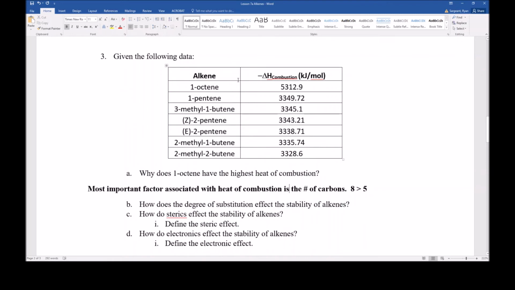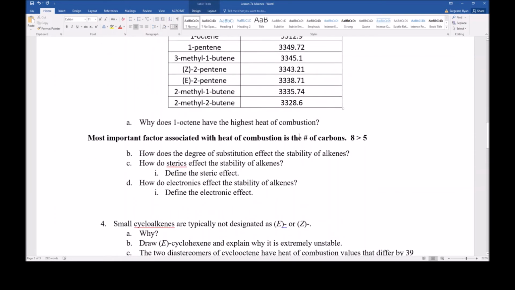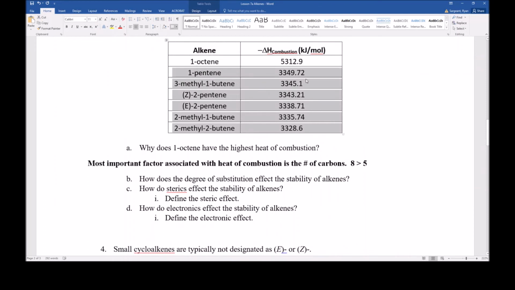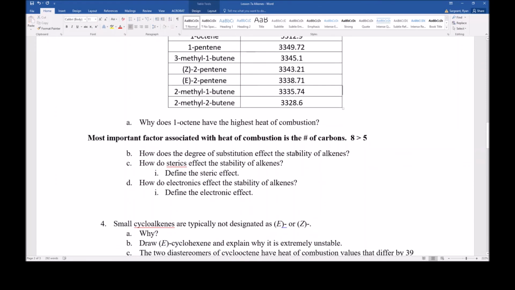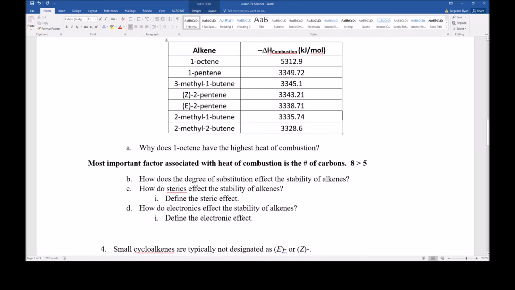And that's the only reason that 1-octene even makes its presence felt on this table, because the rest of the table is what we care about. I just want to make sure that you remember that the most important thing is the number of carbons. Now we look at the degree of substitution, and this is going to require us to draw the structures of all of these compounds. So let's come over to ChemDraw,